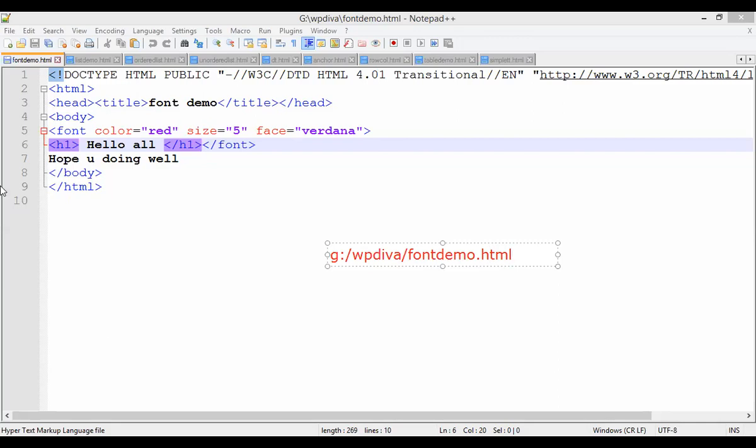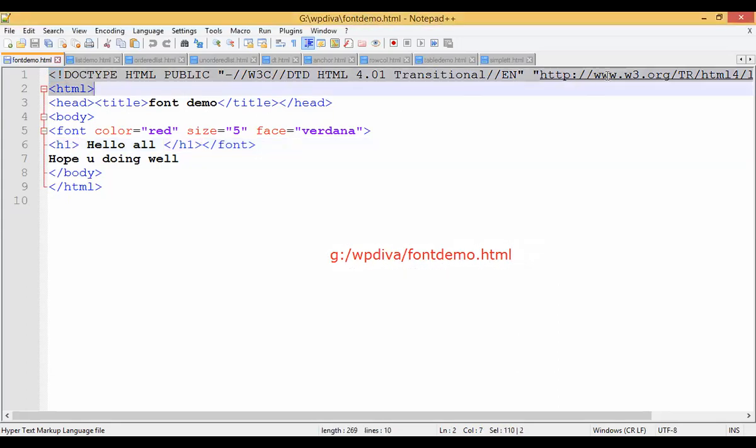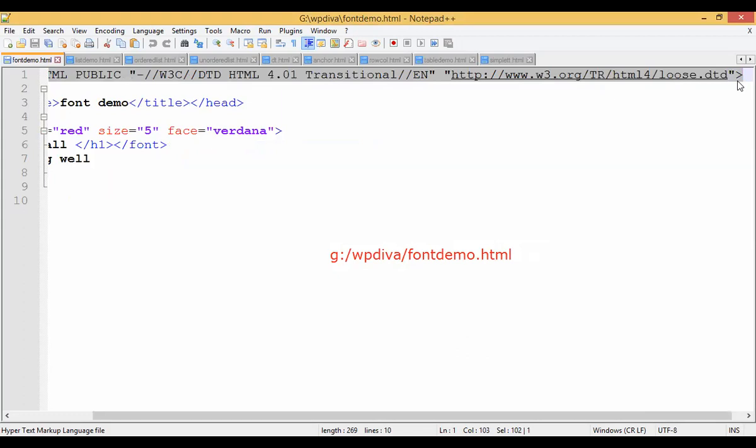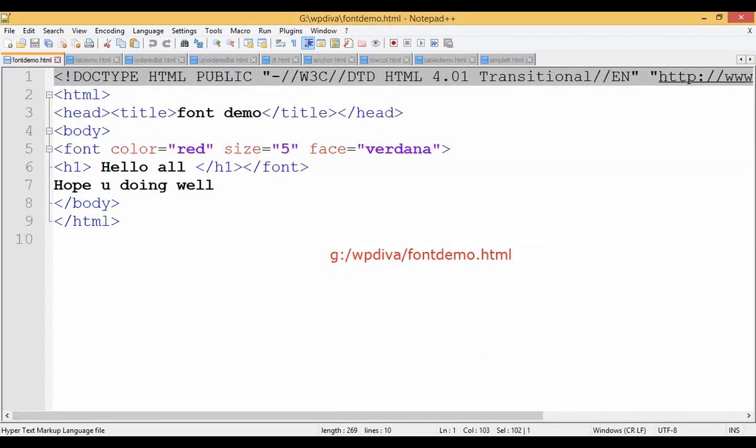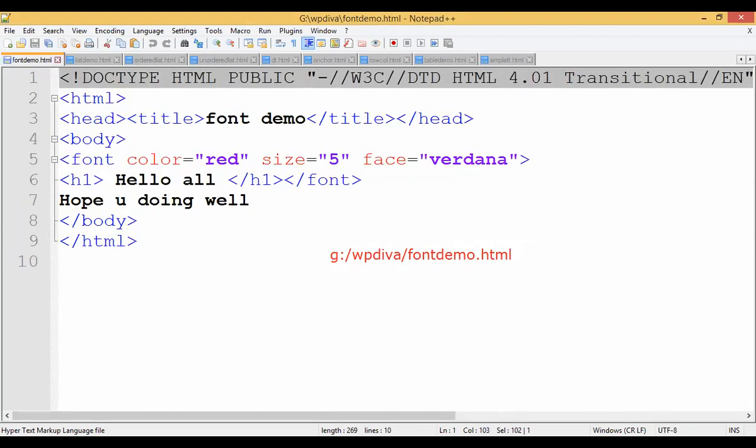So after creating the file, what I did, I came here and I included this tag, which is the first tag that is compulsorily included for every XHTML file, isn't it? So I included that tag. After that tag, I started with HTML as a compulsion. I started with HTML. That is our main tag, the HTML opening tag.